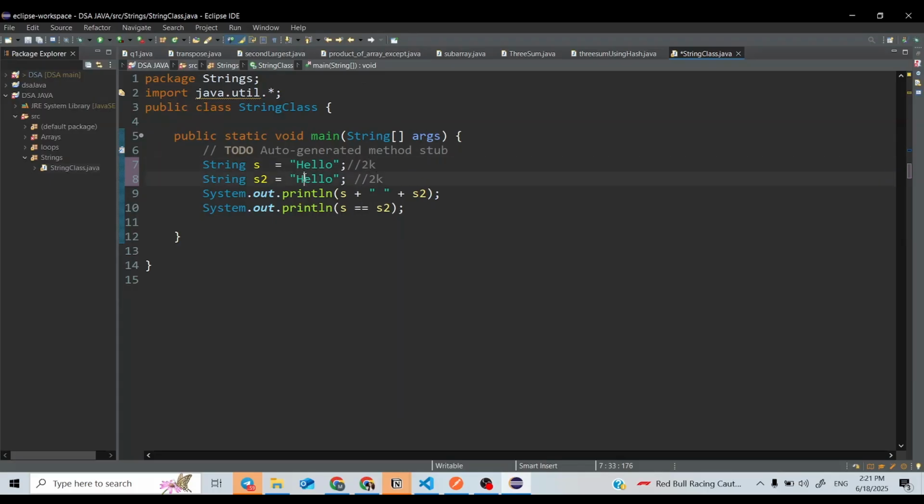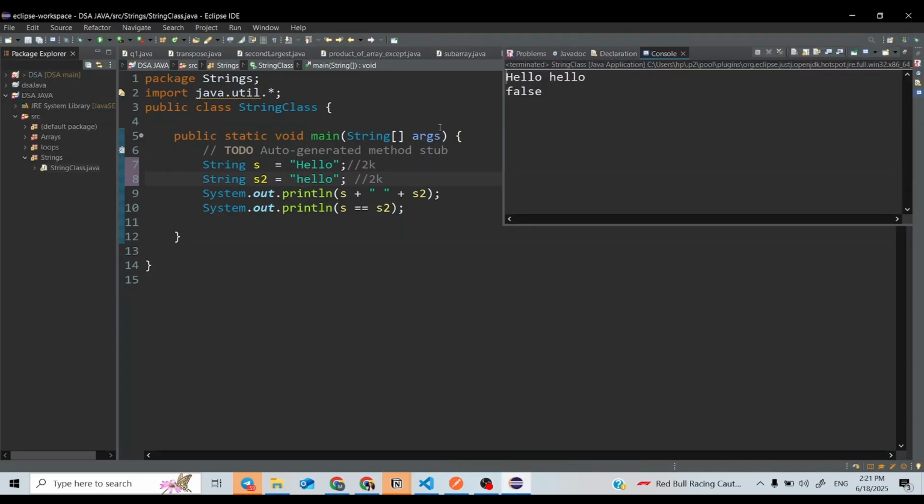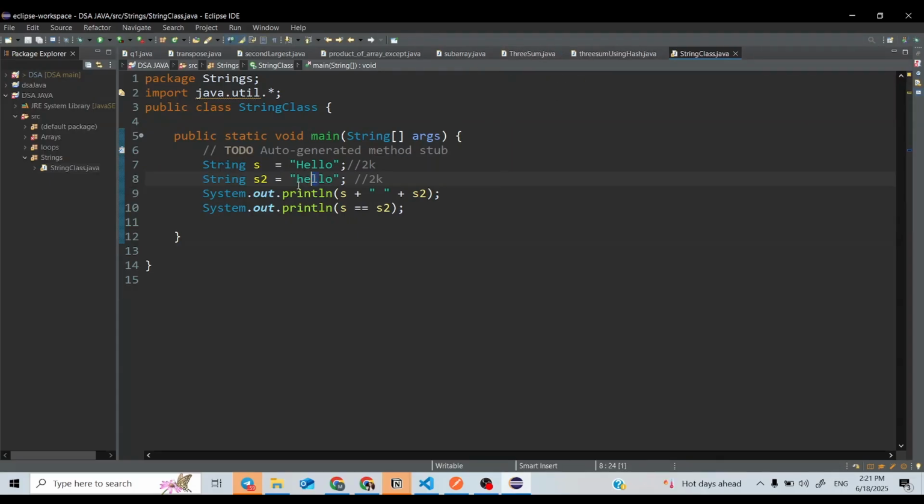And if I write something like small h and run this, it is also false. Small alphabets and capital alphabets are treated as different in a string.